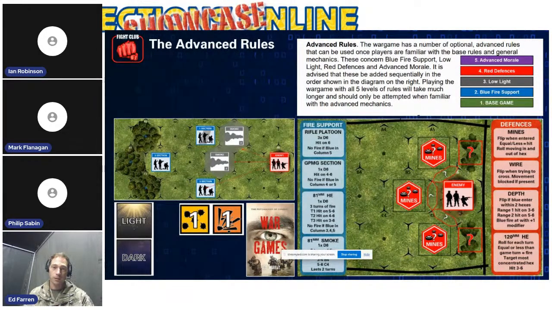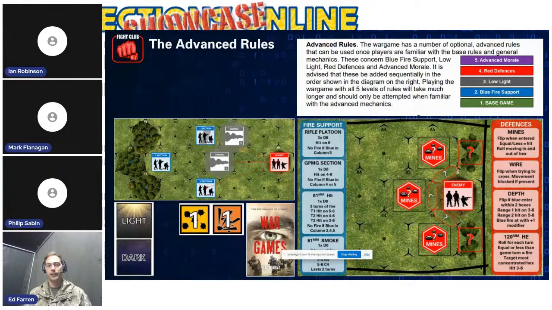Doesn't replace the counters, because you can't rely on blue fire support in its entirety, and it just models some of the weapon systems that you might expect in support of a platoon attack with some of the constraints. So for example, machine guns can fire up to a certain number of hexes away, and mortars is more restrictive, okay, but is more effective once they get dialed in, but there's a limited amount of fire. So again, it's the trade-off. If you give all 3 of them to a player, then it's too easy. So the idea would be to sort of pick one, or randomly select and have a play with all of